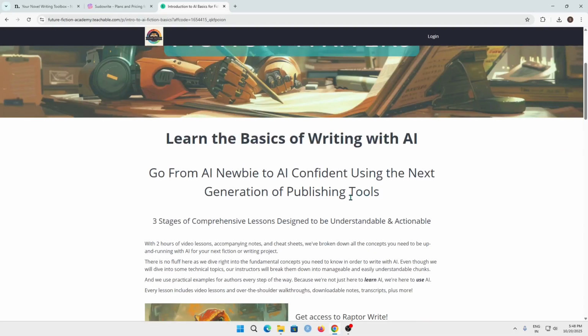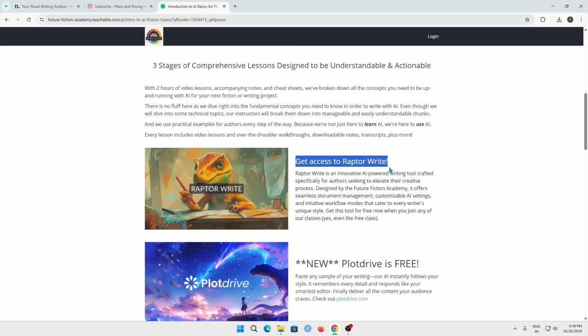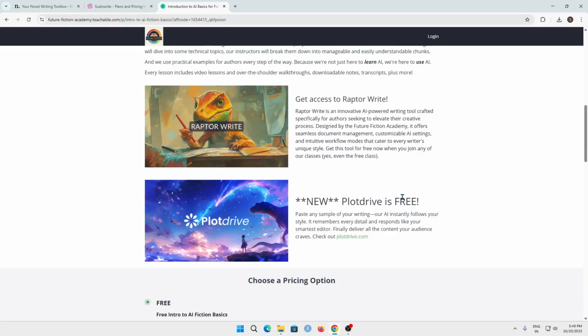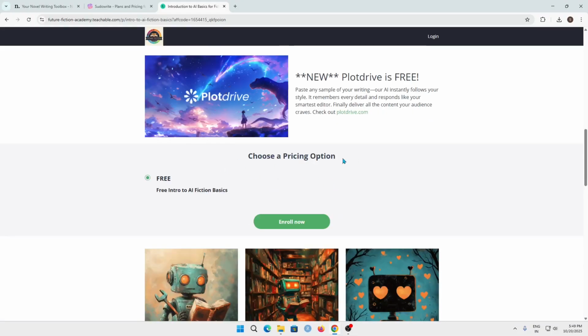So this is for complete beginners or people who want to get into story writing. This AI tool is perfect for those, as it doesn't cost anything. You get access to Raptor Write completely for free, and there is no pricing option as it's free.